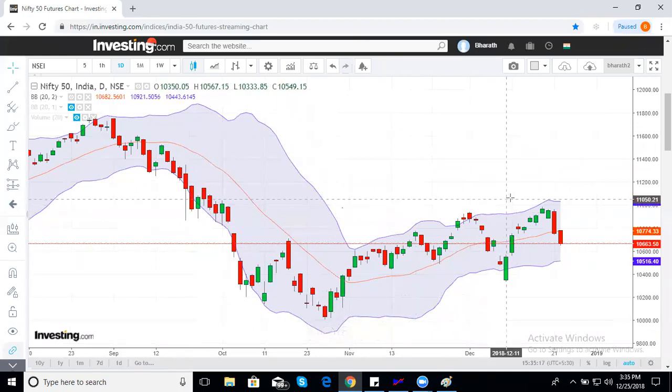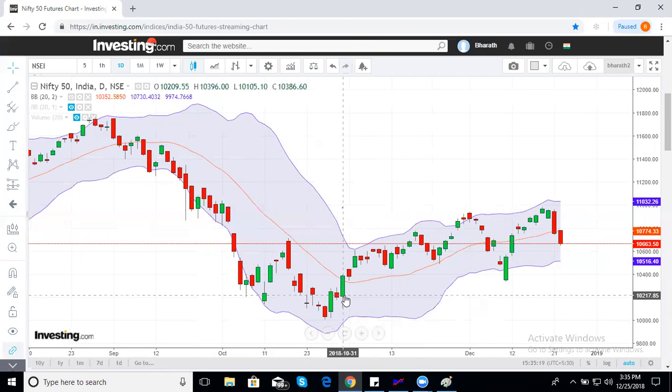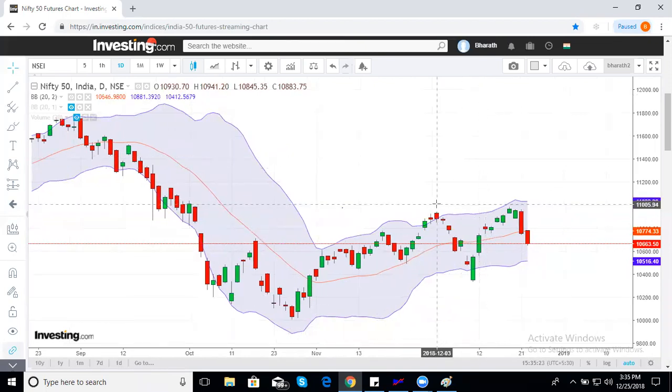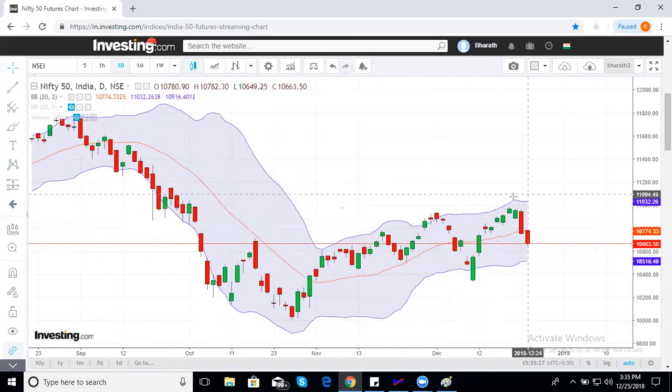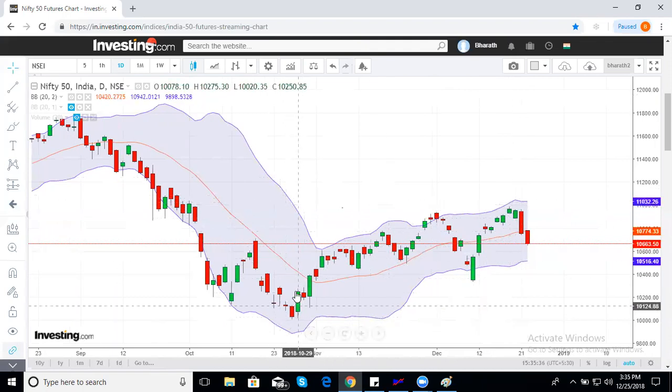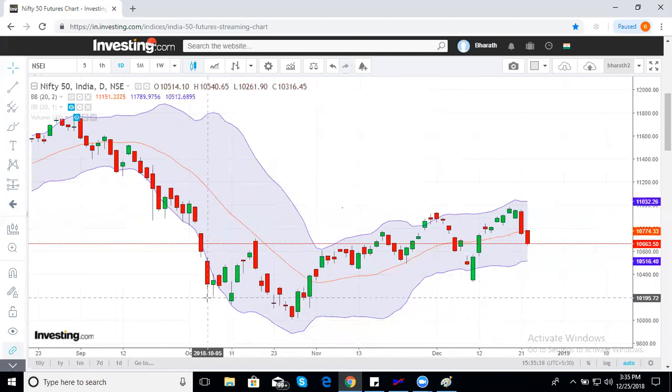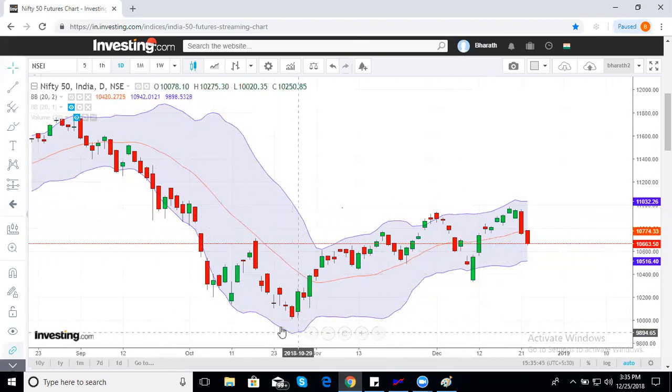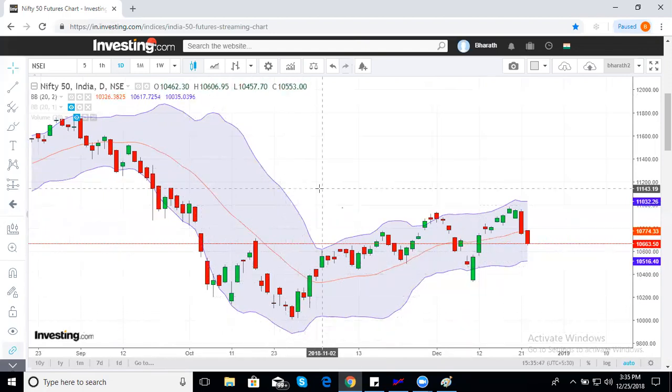And from here, the story is from 10,200 it touched all the way to 11,300, right? See here also, market closed outside the band, came back in. Next time, market did not have the power to take prices outside the lower band, which is sellers are not aggressive here. This is outside the band, this is inside the band. Price closing outside the band and price closing inside the band, which we'll call bottom reversal.